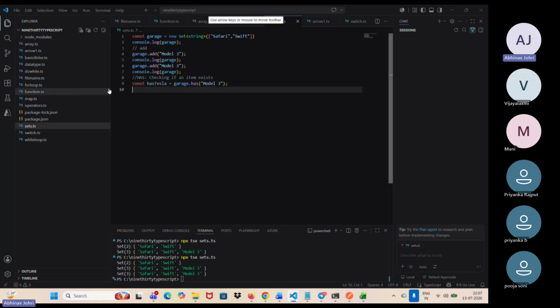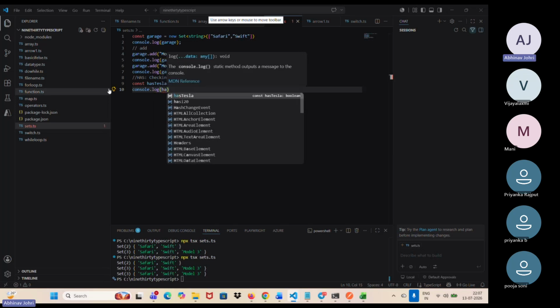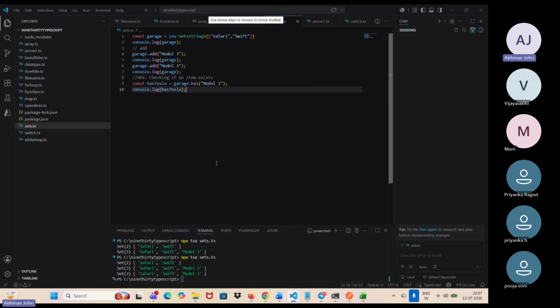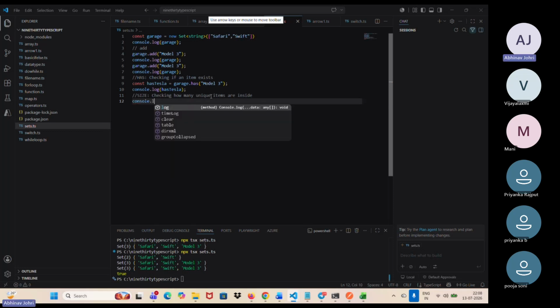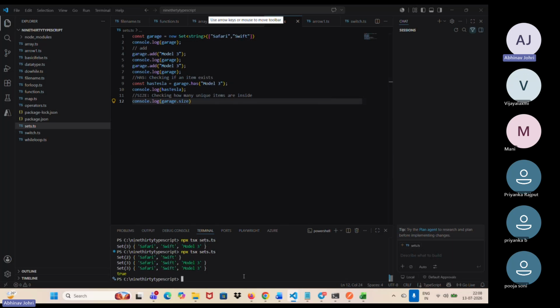फिर मैं प्रिंट कराता हूँ, console.log has, तो टेस्ला है मेरे पास, मॉडल 3 है ये भाई, तो ये true प्रिंट करेगा। नहीं होगा तो false भी आप करके देखो। इसकी साइज प्रिंट करानी है, टोटल कितने एलिमेंट्स हैं, तो console.log garage.size। सेव करता हूँ, फिर दिखाएगा कि 3 एलिमेंट हैं आपके पास।